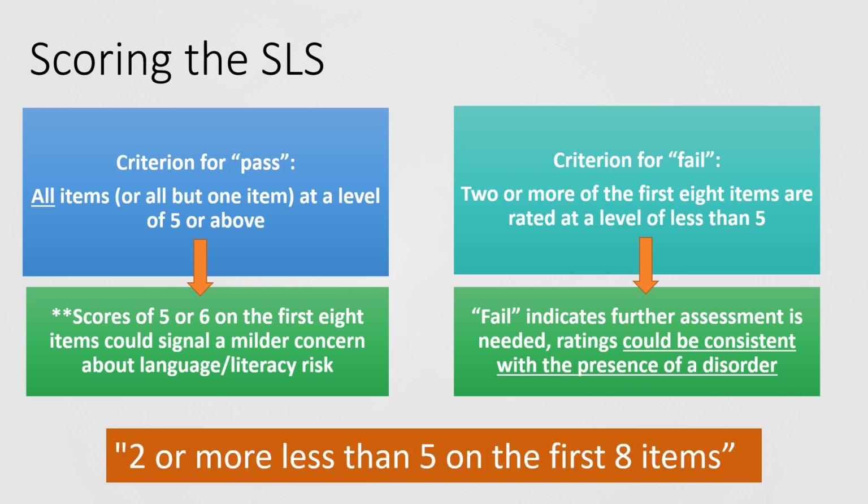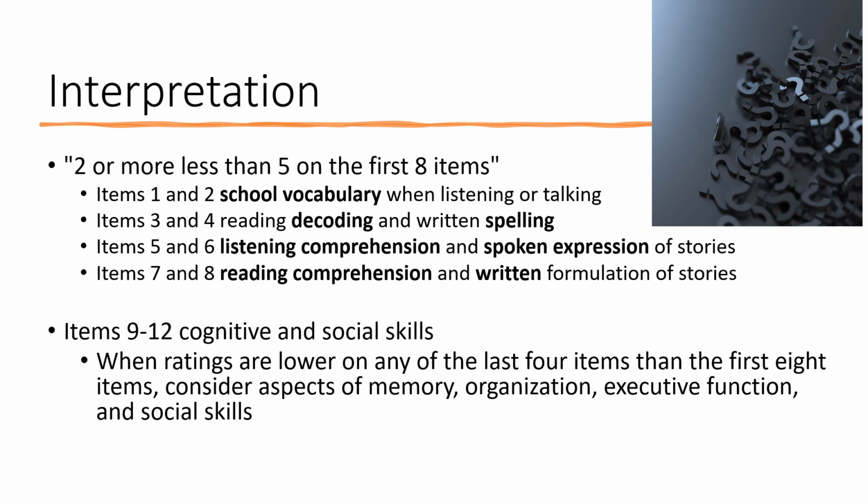So the manual states this little saying here to help with that fail piece. So 2 or more, less than 5 on the first 8. That's our criterion, our gold standard that we're going to be referencing for a child having some difficulties. When interpreting the SLS, we are going to follow this rule or criteria: 2 or more, less than 5 on